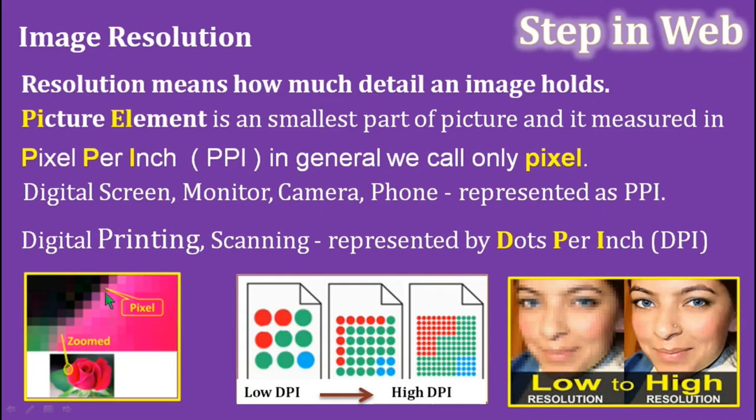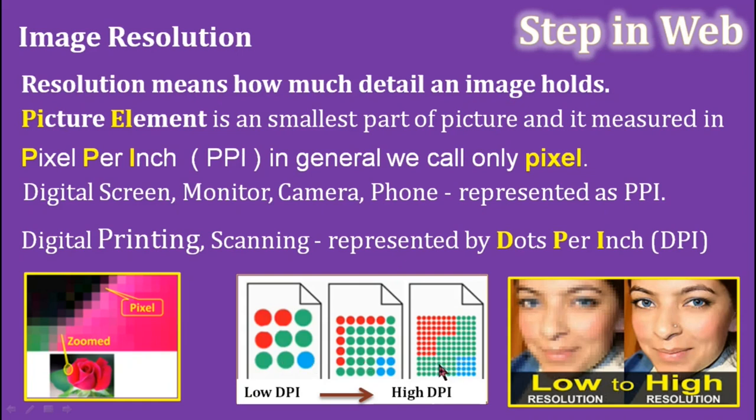So any image will have lakhs and lakhs of pixels to show the image. In printing, it is the same thing. It is in dots per inch. So here you can see three dots and three dots forming one shape. In the same way, I can increase the number of dots per inch to 6 by 6 dots, then the image clarity will slightly improve. And the same thing I can do with 12 by 12 dots, then the real picture will come out. So this is the difference between low DPI and high DPI.